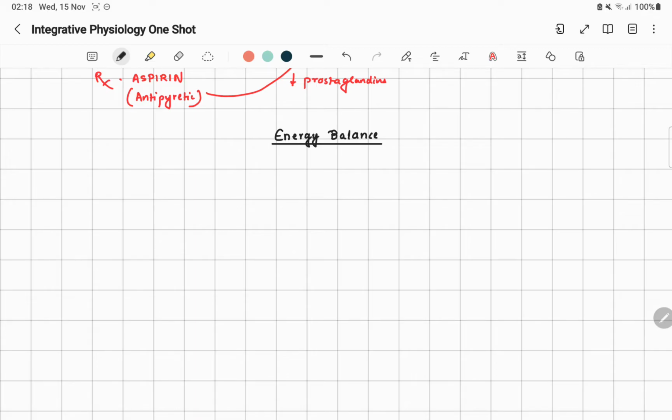So talking about energy balance, the food we eat is a source of energy for the body. It is utilized in each and every cell so as to maintain proper functioning. To maintain a constant body weight, we should be able to carry out an equal amount of energy expenditure, so that energy balance must be maintained.